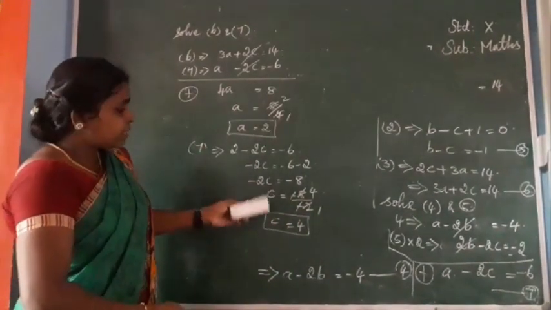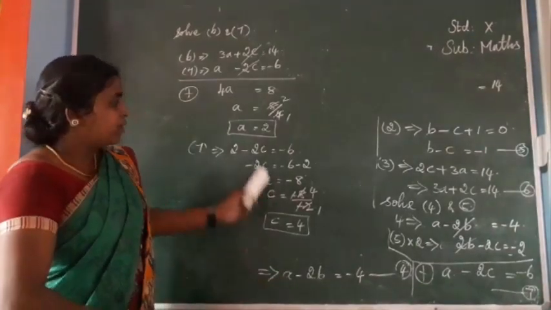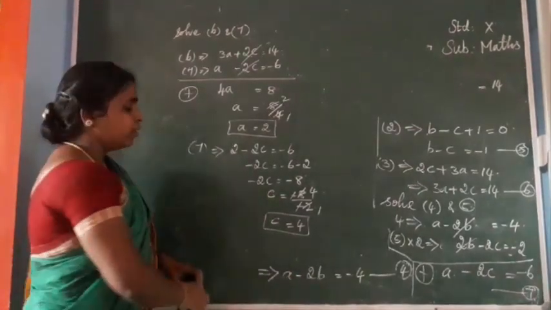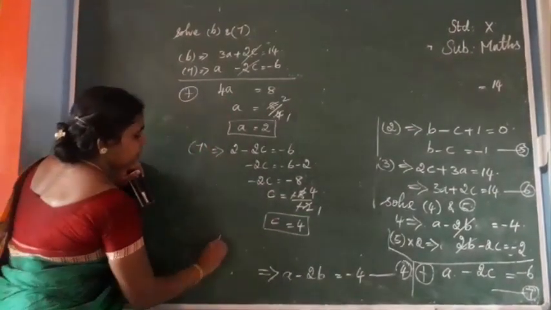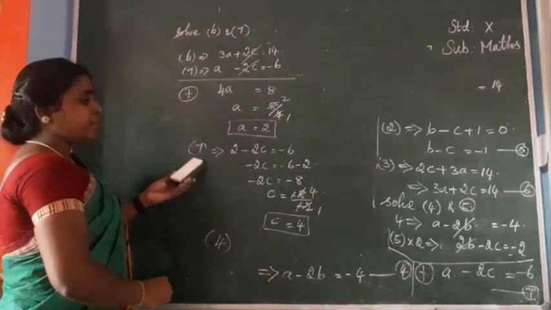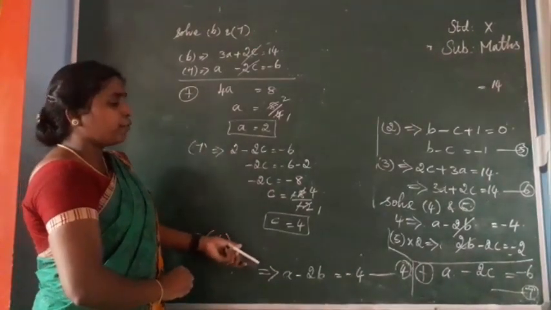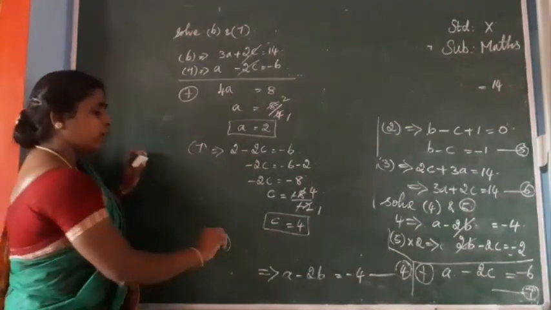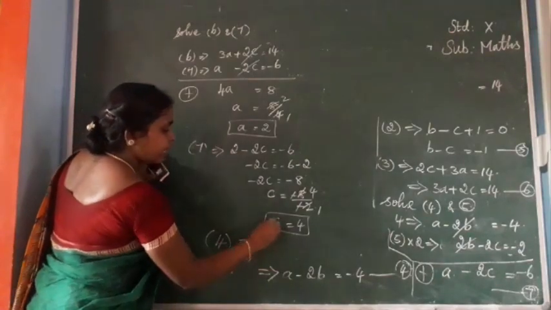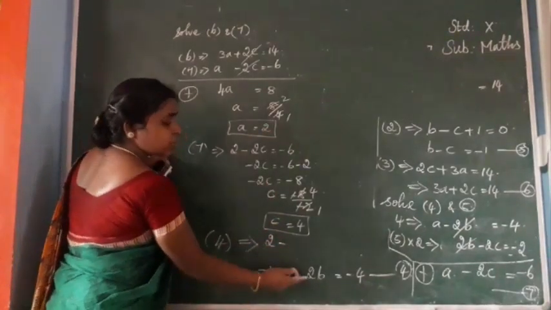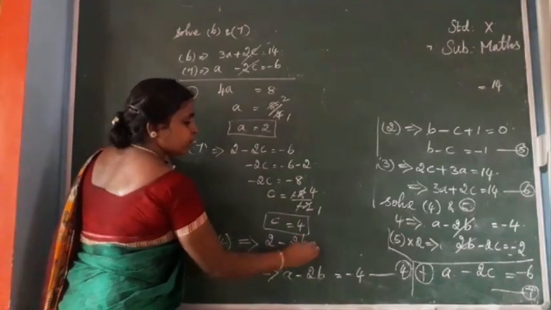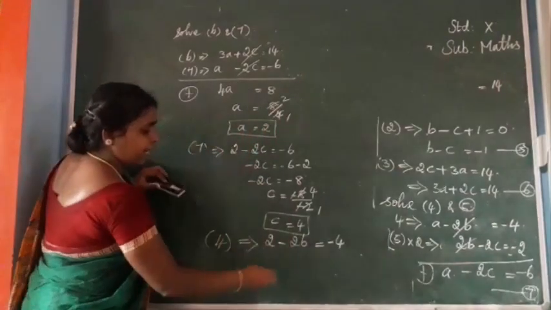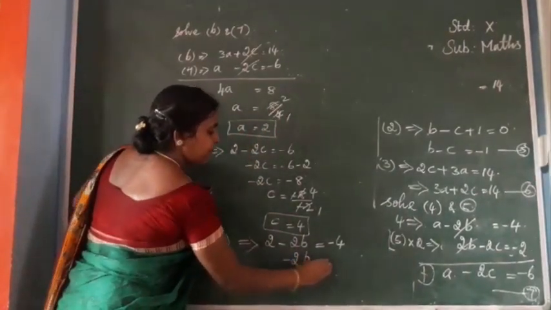After getting these values, we can use the fourth equation. We know the A value. Substitute the A value in the fourth equation, and we will get another unknown value. It simplifies: the A value is 2 minus 2b. We don't know the value of b. So minus 2b equal to minus 4. Okay, next.